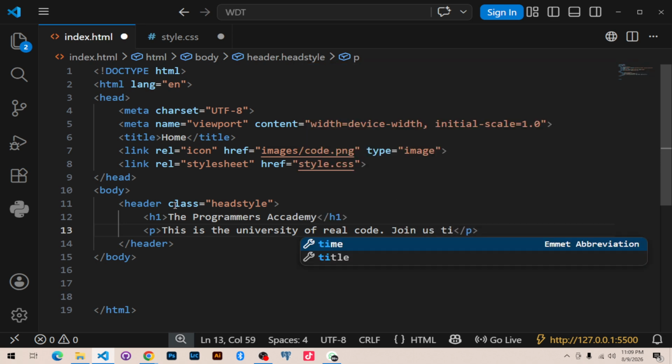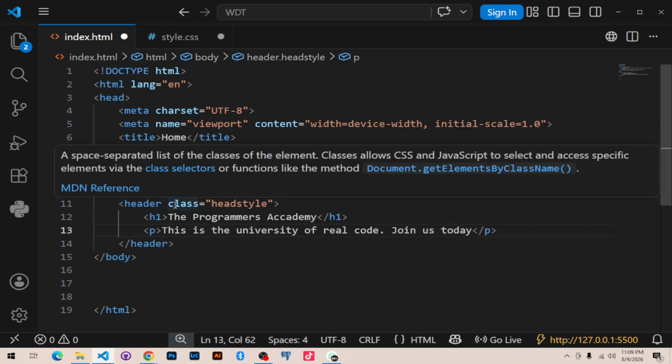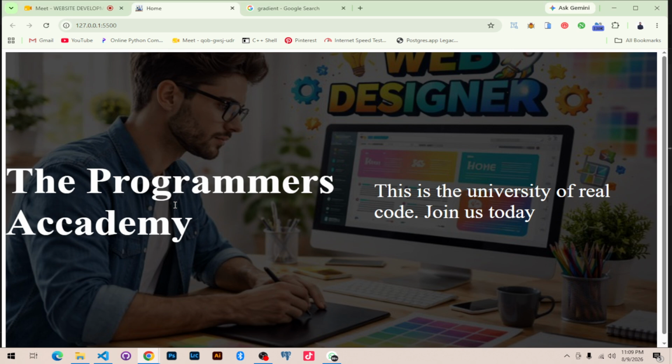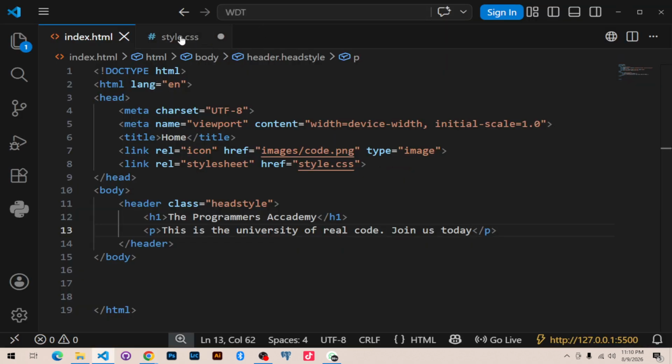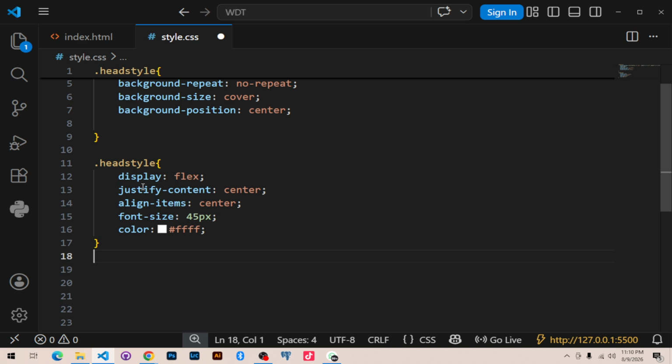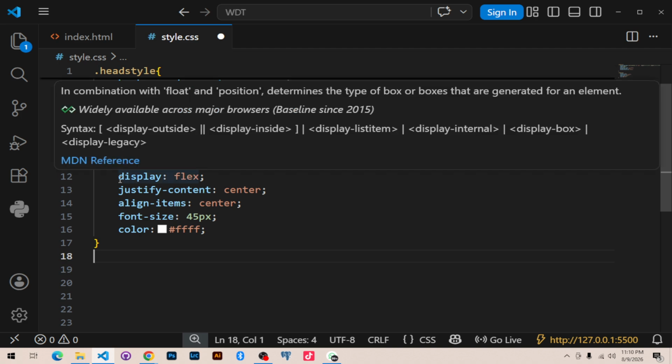Join us today. What happens? Now, when we give a command of display flex, automatically it changes the items to an inline